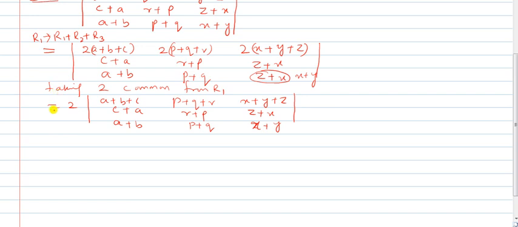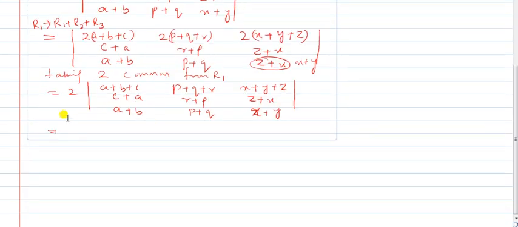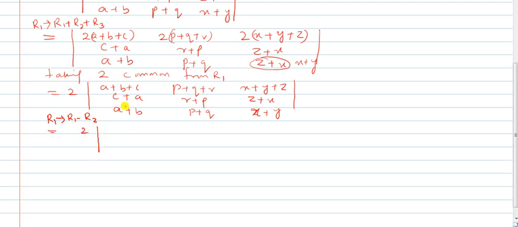Now look at this, this one will be equal to, now I need to look at RHS. In RHS I need A, P and X. So how can I get A? So here look at this, A is in the beginning and C plus A is also there. So let us get a B there first. So what I can do is, I am replacing row 1 with row 1 minus row 2. Let us see what I am getting. Row 1 minus row 2.